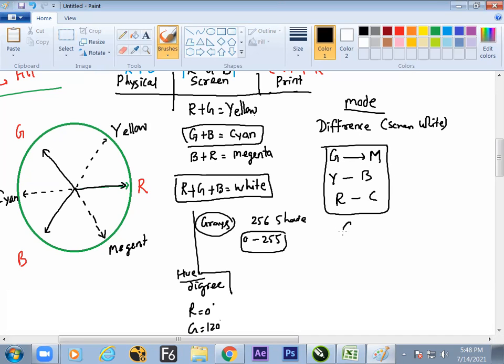What is the next word we are using? Complement color. What is complement color? The color which stands at 180-degree difference inside the color wheel, that is called complement color. What is the local term? That is called opposite color. So this is the local term. This is the technical term. This is the value behind it.